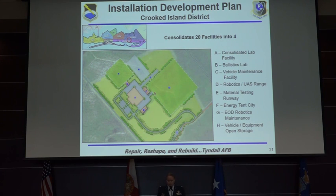The Crooked Island District, which is home to the AFCEC research facilities, presented a different challenge and problem set than the other 2 areas, as I mentioned before. The lab was about 6 to 8 feet above sea level and experienced 4 to 6 feet of storm surge and flooding. We're going to move that location, those facilities, just north of 98 to an elevation of about 20